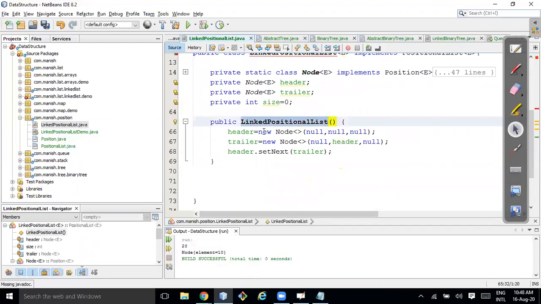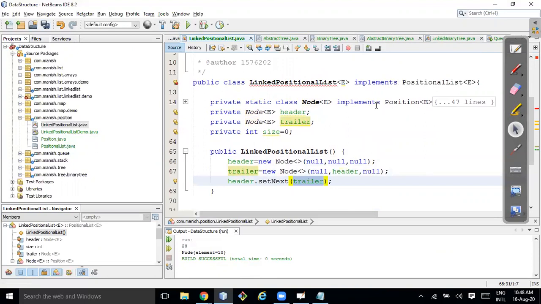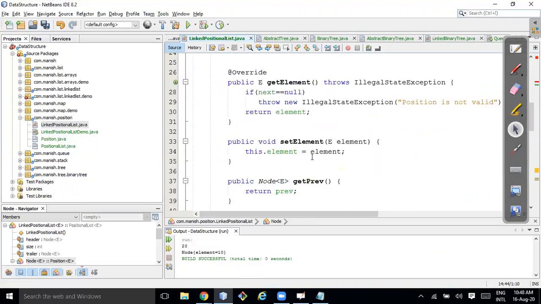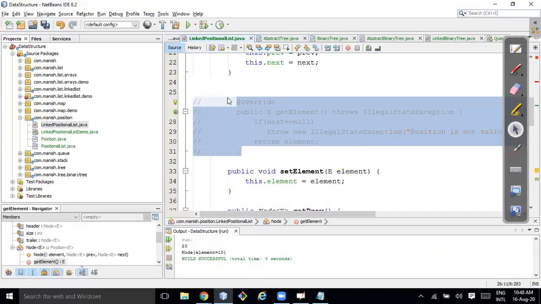I have one constructor: new node, null, header, null. I'll explain this one also. Let me comment it out.